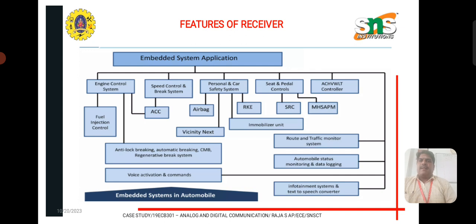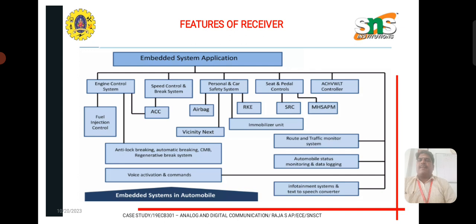brake, immobilizer unit, vicinity alert unit, route and traffic monitoring system to monitor whether our car is going on the correct route or not, automobile status monitoring and data logging, to check whether the car has the correct fuel or not, infotainment systems and text to speech converter, voice activation and command. Sometimes in foreign cars, if you say start, the car will automatically start. The main functions of these embedded systems in automobiles are anti-lock braking system, automatic braking system, clutch mobile braking system,